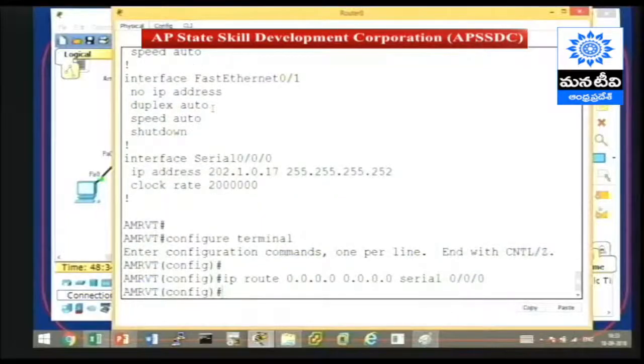ip route 0.0.0.0, meaning any destination, followed by 0.0.0.0, which is any subnet mask, and then we have to specify the exit interface, the interface through which the router is connected to the ISP. So we have 0.0.0.0 0.0.0.0 followed by the exit interface, which is serial 0/0/0. So with this static default route created on the router, we need to verify the routing table